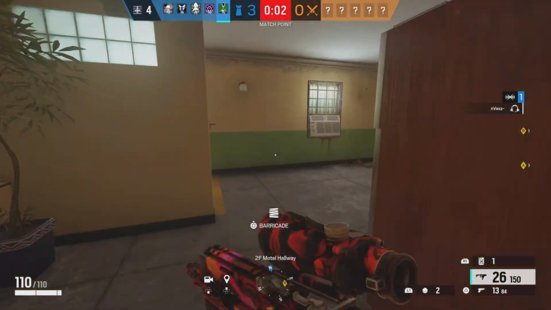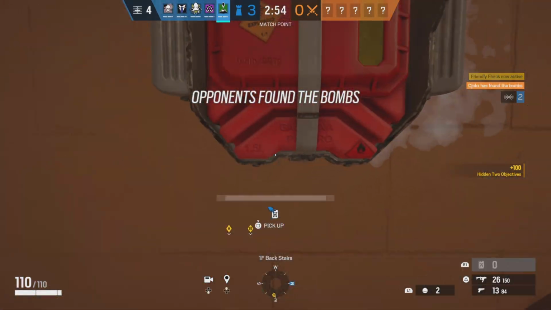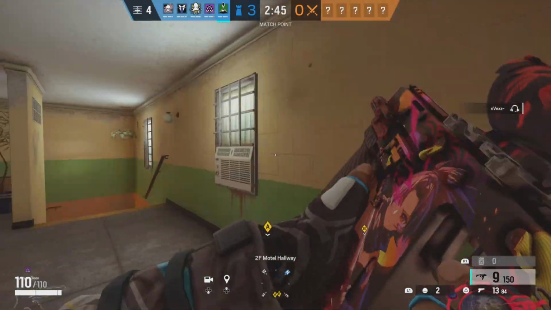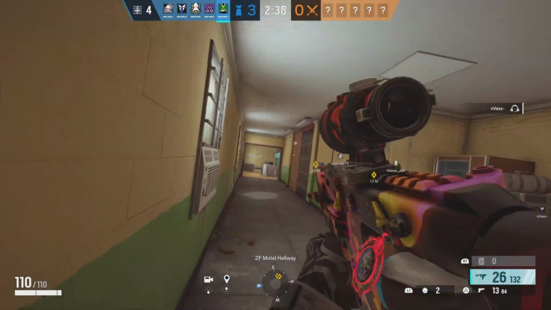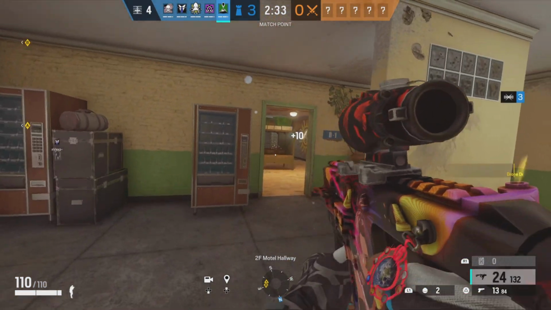Now, last clip of the day here, boys. We got Goyo. We're going to be defending Laundry / Piano, and we're going to be playing top yellow. Now, the main reason why I'm using Goyo here is because his gun is a very fast rate of fire gun. So what's going to happen here is these guys are going to try to push outside my window,